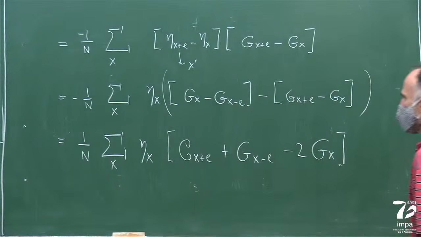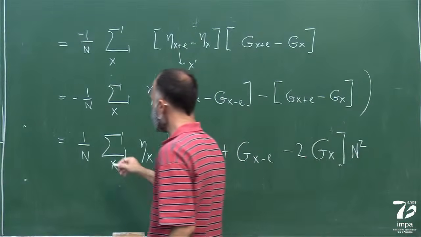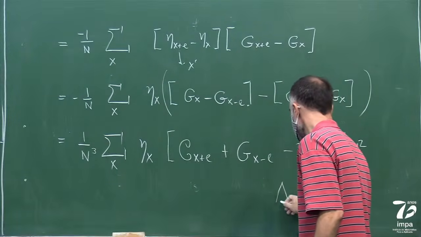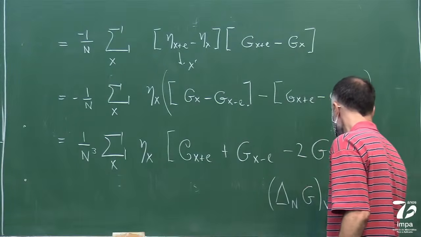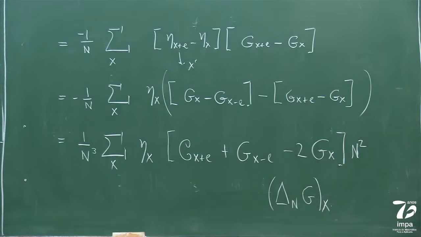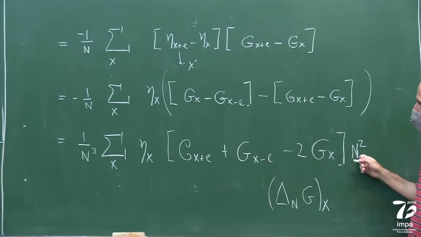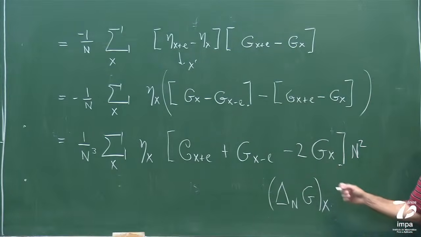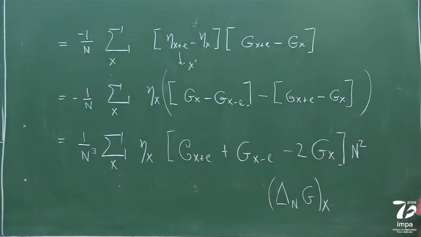And I will divide that by n squared, so I get n cubed here. And this is what I will call the discrete Laplacian of g at x. So the discrete Laplacian of g at x is just n squared times g x plus e plus g x minus e minus 2 times g x. And by doing that, you see that we computed